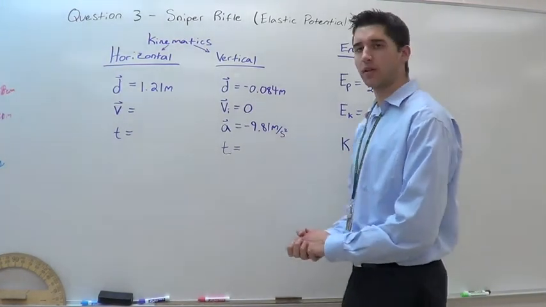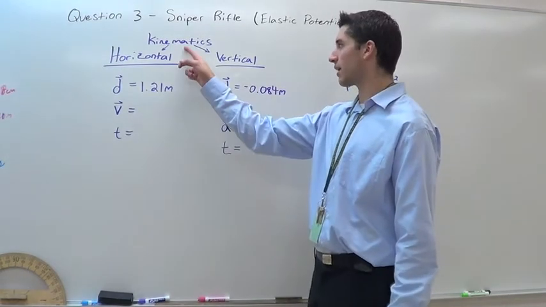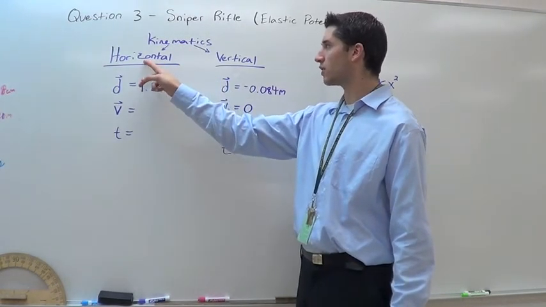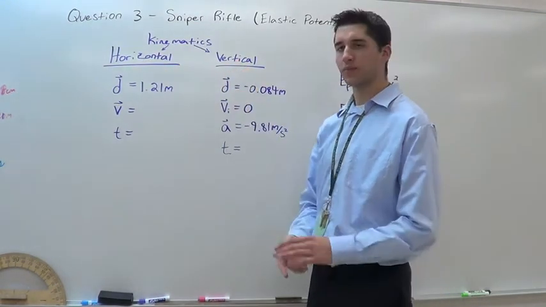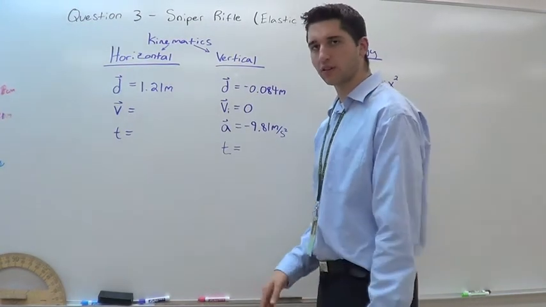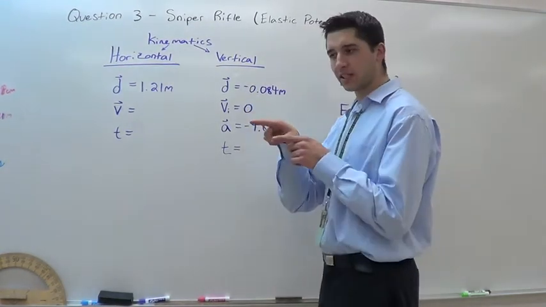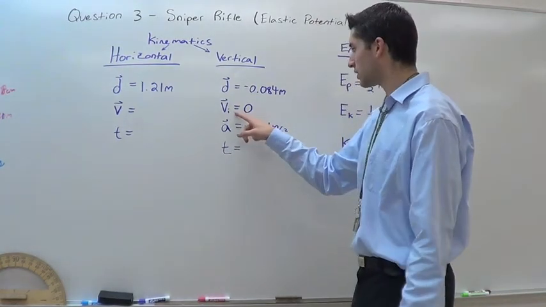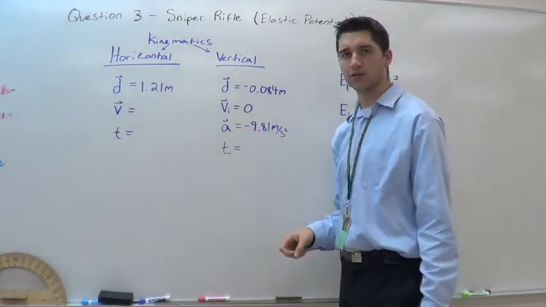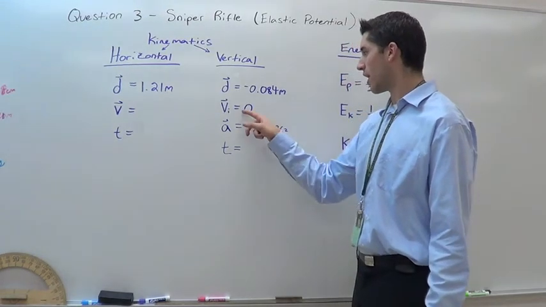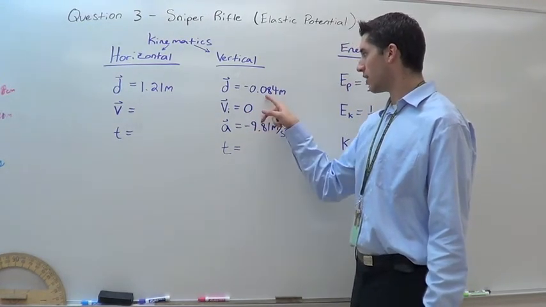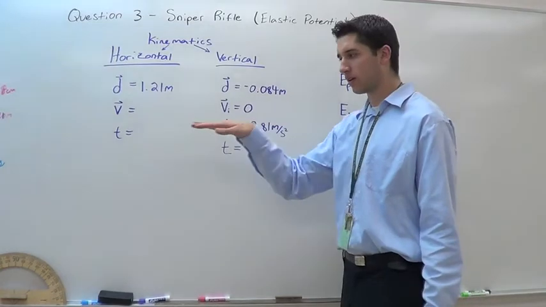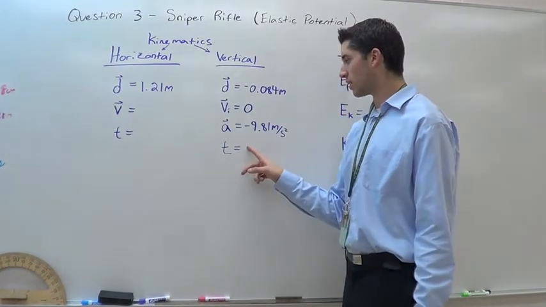Now, in order to do that, we need to go back to kinematics. We need to look at what's happening horizontally and what's happening vertically. First, you're going to want to look at the vertical direction. Now, that projectile is released at a horizontal angle, meaning it has an initial velocity in the vertical direction of 0. Using that and knowing our acceleration and the distance it traveled vertically, we can calculate the time it took